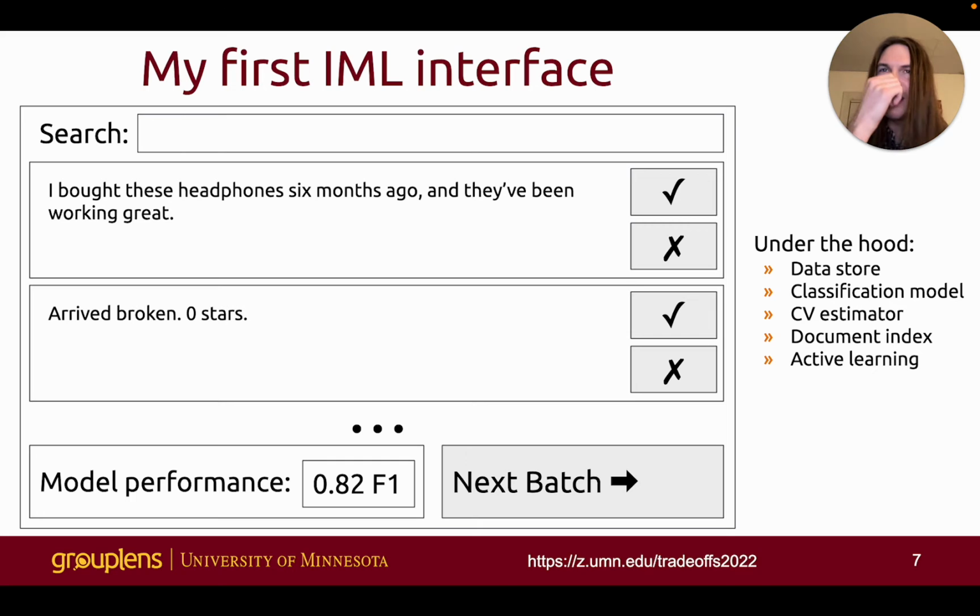But it was while trying to design an interface just like this that I became very confused. Active learning is appealing because it means I can achieve better model performance with less time spent using the IML interface. But this is the cold start setting. I don't have a separate labeled validation set, so does using active learning mean my model performance estimates will be biased or unreliable? I worry the same about searching for data to label,